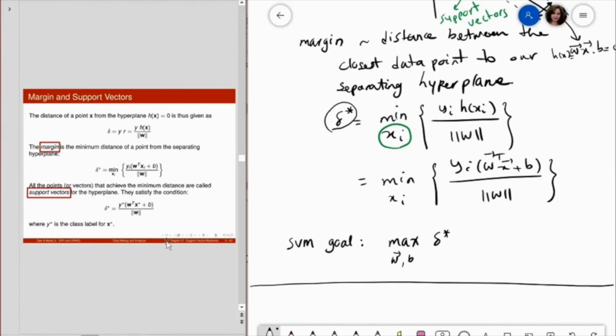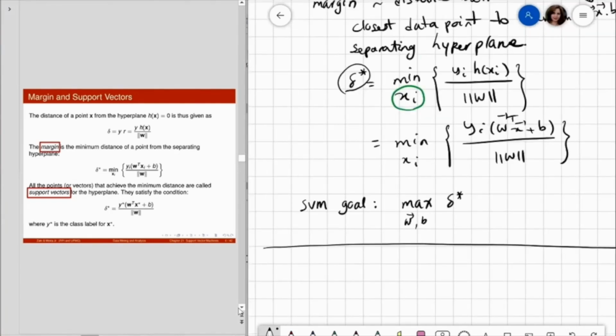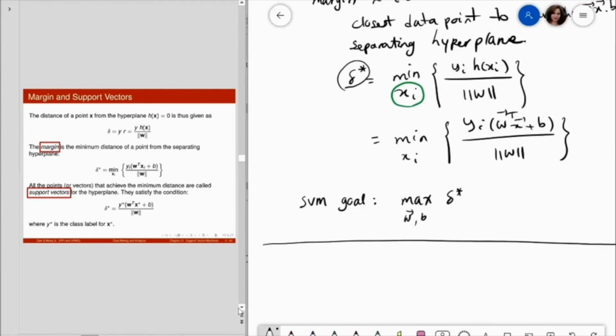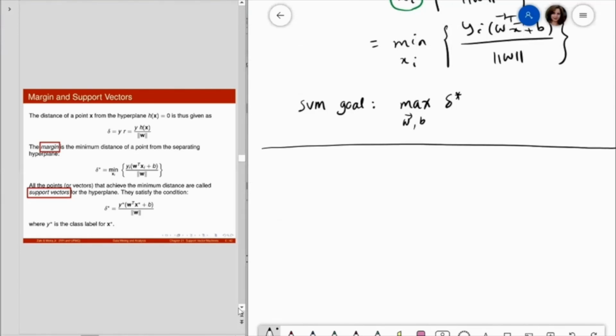So we have learned that our support vectors are the data points that have the minimum distance with the separating line, and they are actually somehow supporting our margins. Okay, so basically, if I have my minimum distance equal to delta star, so if I have defined that, then the support vector's distance with the separator line is going to be equal to delta star, which is the support vector's label